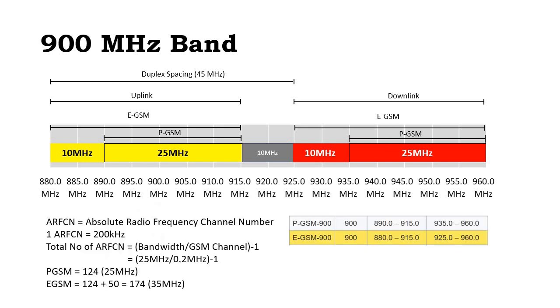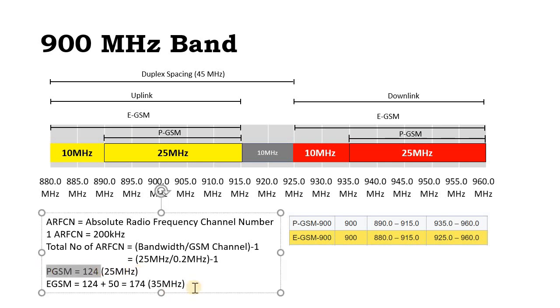Additional information for the 900 MHz band: when we use it for GSM, we have what is called the ARFCN, the Absolute Radio Frequency Channel Number. One ARFCN, or one GSM channel, is composed of a 200 kHz carrier, so its width is 200 kHz. If we divide the total bandwidth of GSM, for example the PGSM band, by 200 kHz, our formula is this: